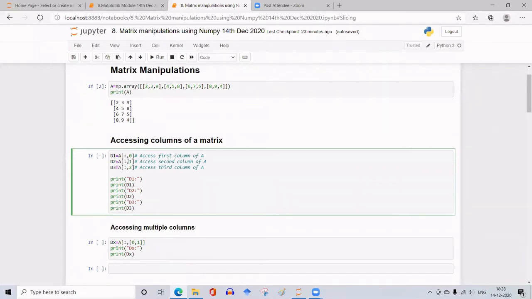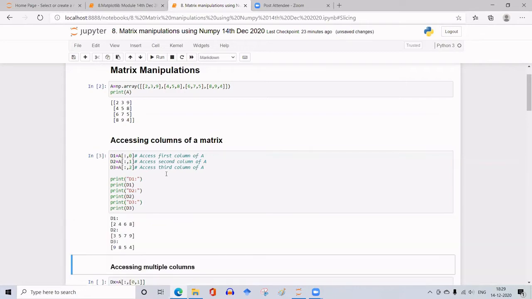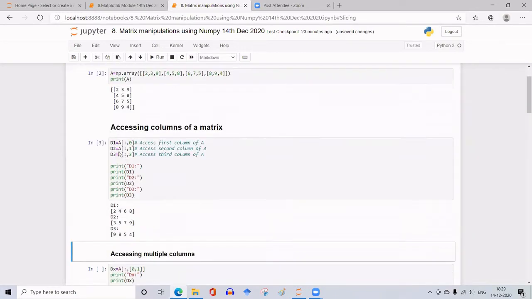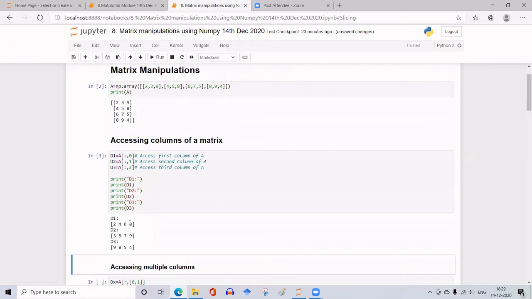And I've also extracted the next column, that is column number 1, and then column number 2. All these I have designated as D2 and D3. And then I'm printing D1, D2, D3 with the string designation D1 colon, D2 colon, and D3 colon. If I execute this, I get the vector D1, which is the first column extracted.